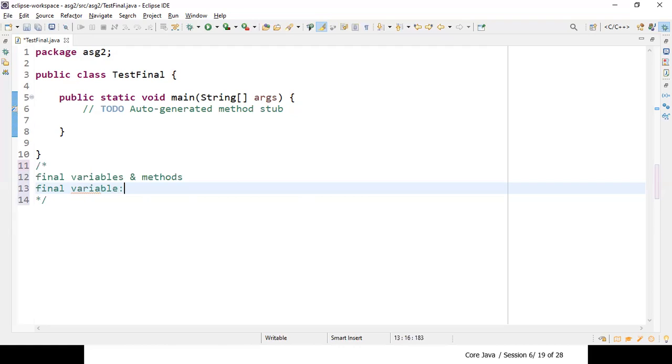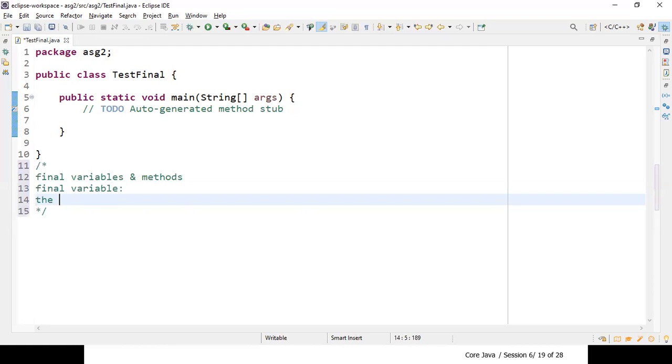If I'm defining a final variable, then the value of the variable cannot be changed. The value of the variable cannot be changed for us. It will be something like a constant.